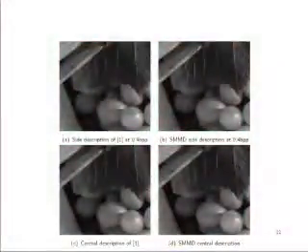Okay, so this is a dark image. So this is a competing method's side description. Here you can see